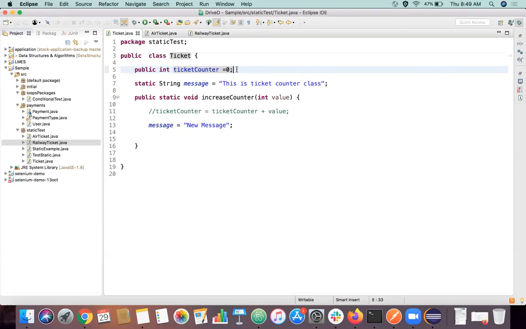Okay, now I'm clear. So you mean to say that when we use static with a variable, for that point of time it will be the constant value, and when we change it, it will be the changed value. Yeah. So assuming the ticket counter we have declared here is 0 with a static, until it is changed, it will be 0.